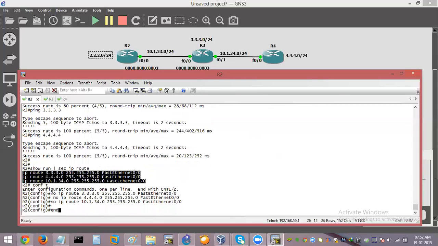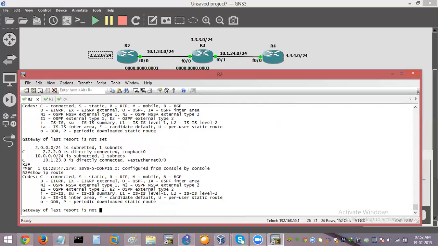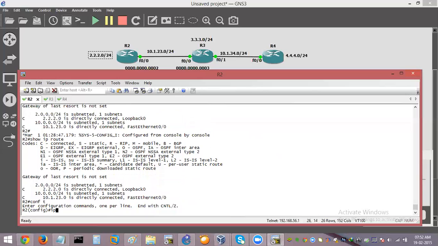Good. Now no one knows about anything. Show IP route. Good. Now, if you go to R2 and define a static route to reach